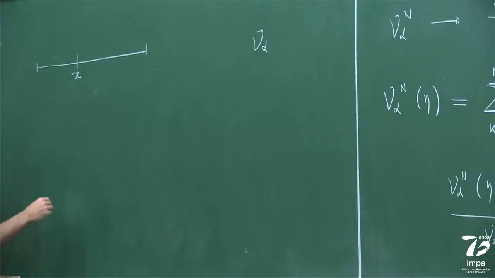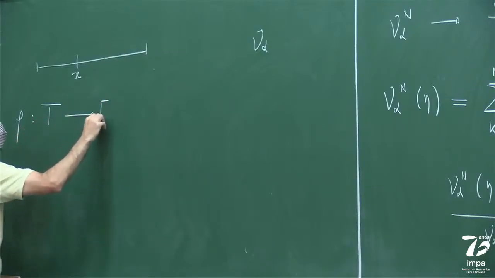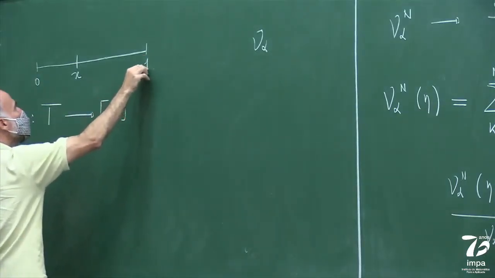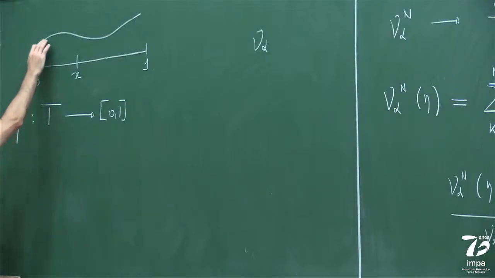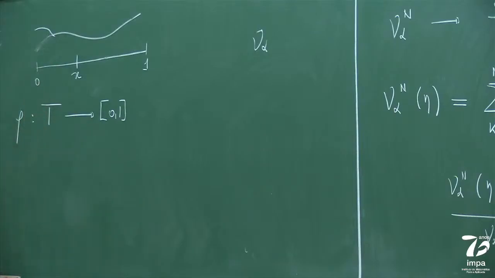Now, I fix a profile, rho. So rho, it's a, say, continuous function from the one-dimensional torus to 0, 1. So fix this function. So here is 0, and here is 1. And let's say that here is my density profile, which is not really continuous. Okay, so I fix a continuous function in the torus,